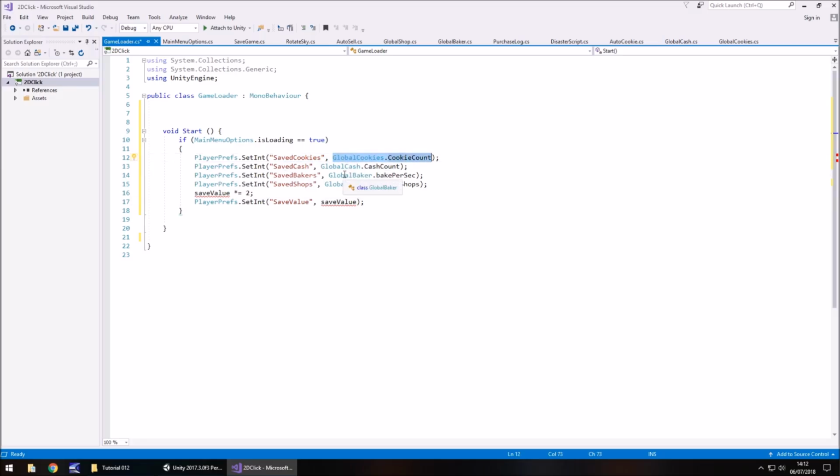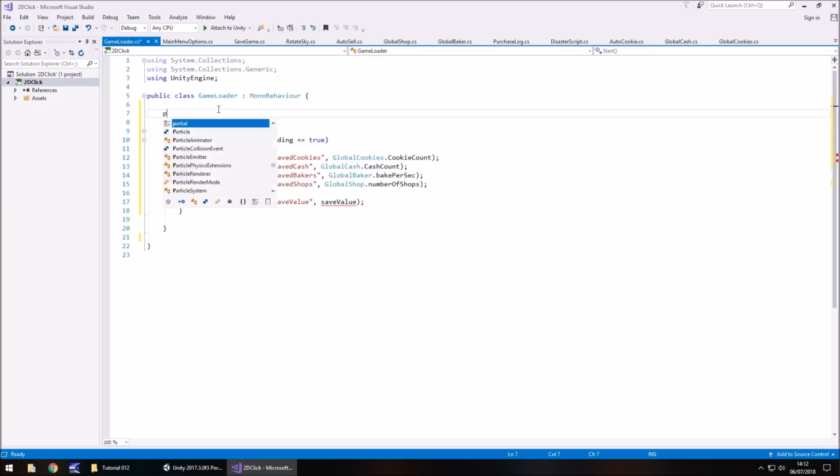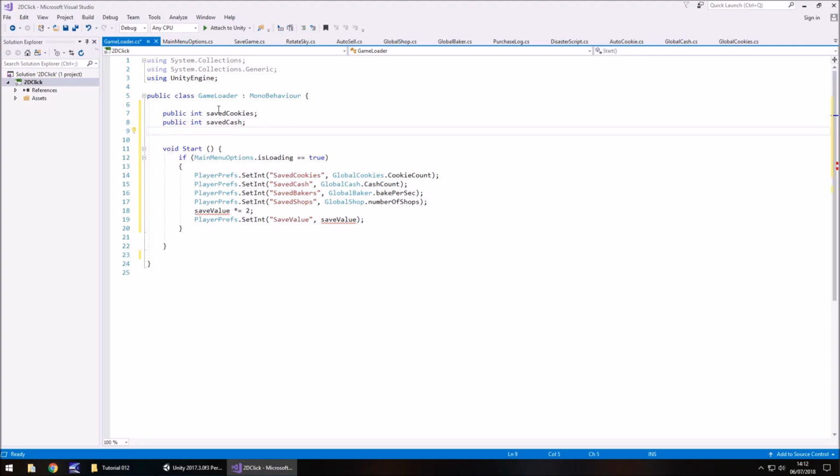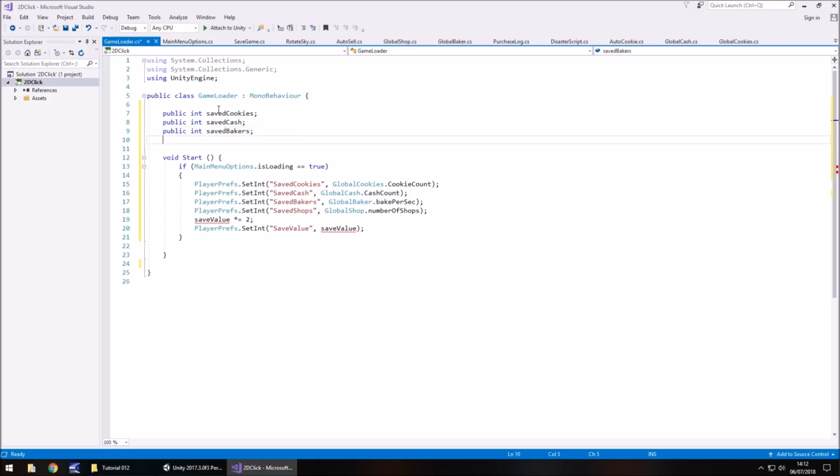So we need to get an integer. What we need to do is set variables for these five values. Let's start by saying public int savedCookies; then public int savedCache; public int savedBakers;